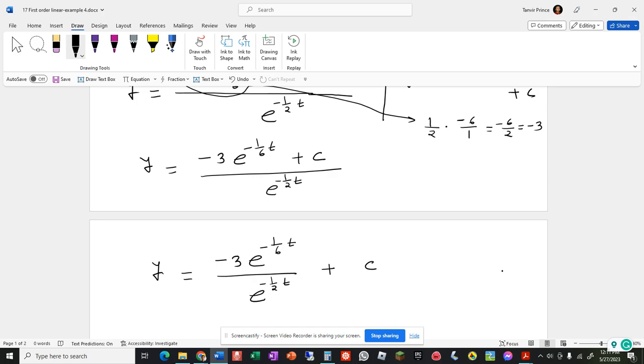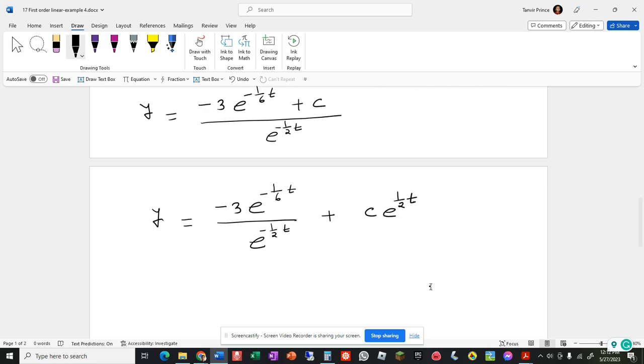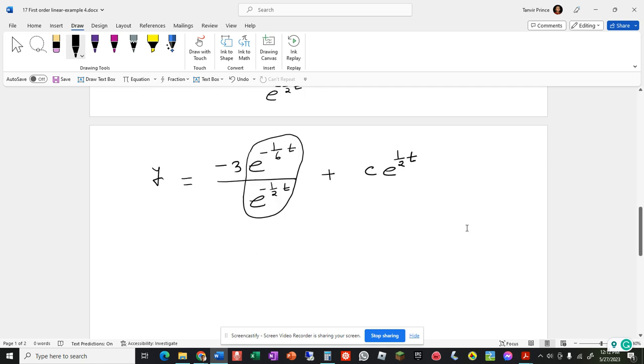I can simply write c e to the half t. If I bring that negative half t in the numerator, it becomes e to the half t. So this e to the negative half t becomes e to the half t in the numerator. Here, you're going to subtract the exponent, right? So this will be